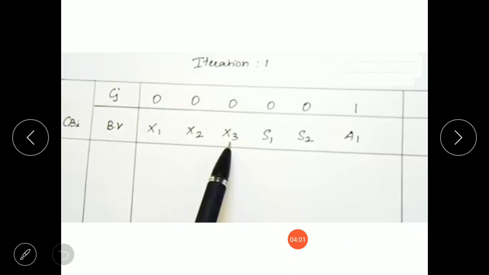Proceeding to iteration table 1, we will write all the variables in the row corresponding to the basic variable. These are all the variables, but you can see that we have written all the variables except A2, that is X1, X2, X3, S1, S2, A1, every variable is present but not A2.